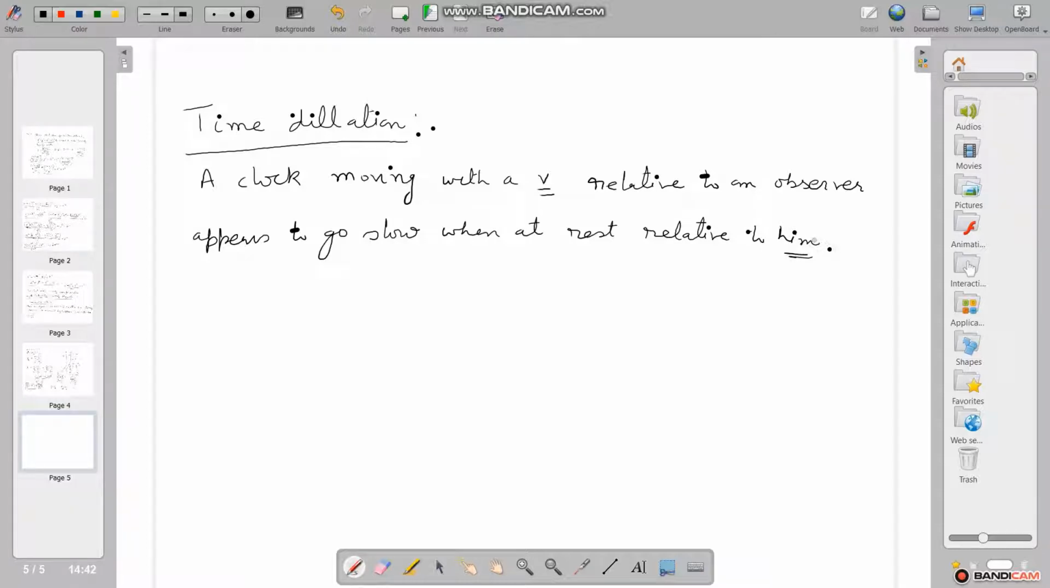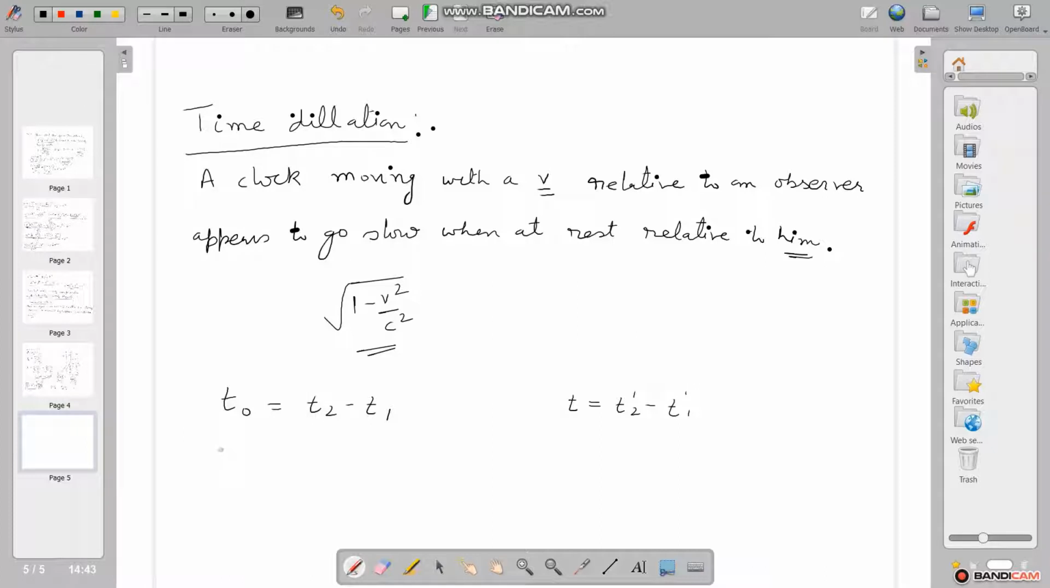This effect is known as time dilation, and the factor which affects the relative time is again under root 1 minus v square upon c square. This is the factor which affects the time interval. Suppose t naught represents the time interval, t2 minus t1. And if the observer observes from another frame, suppose it is t, then t2 dash minus t1 dash represents the